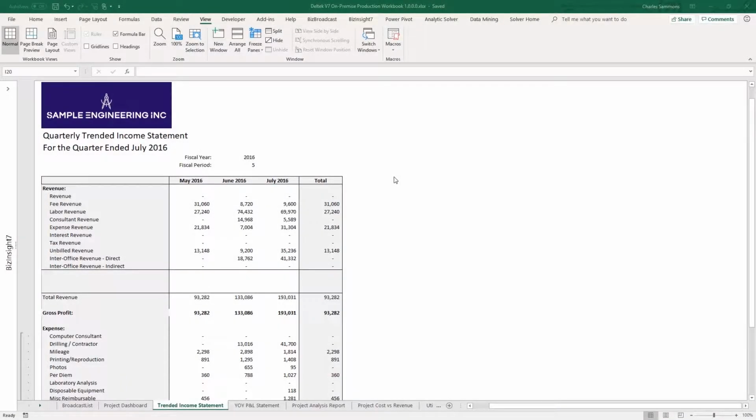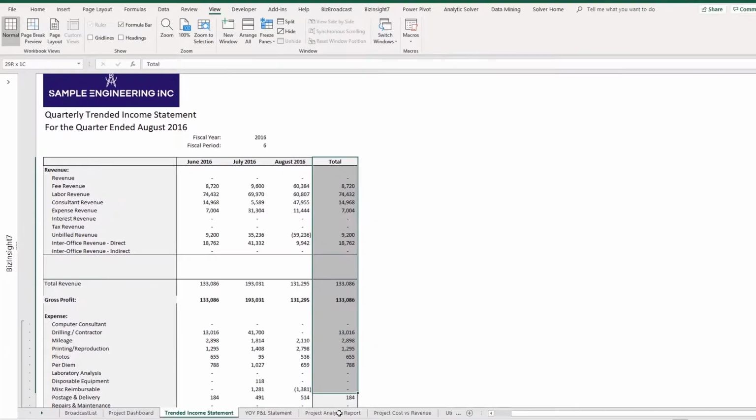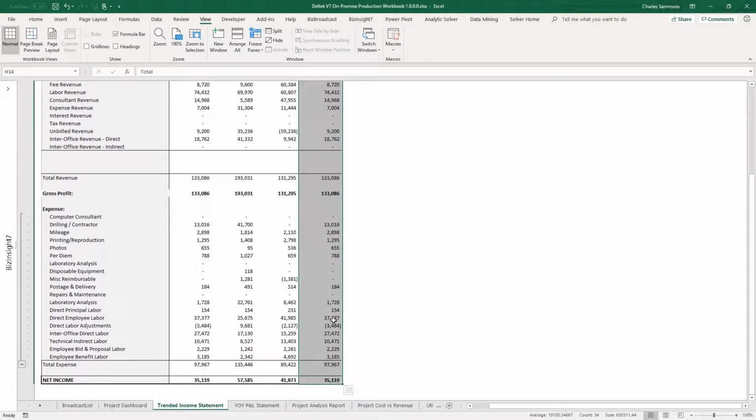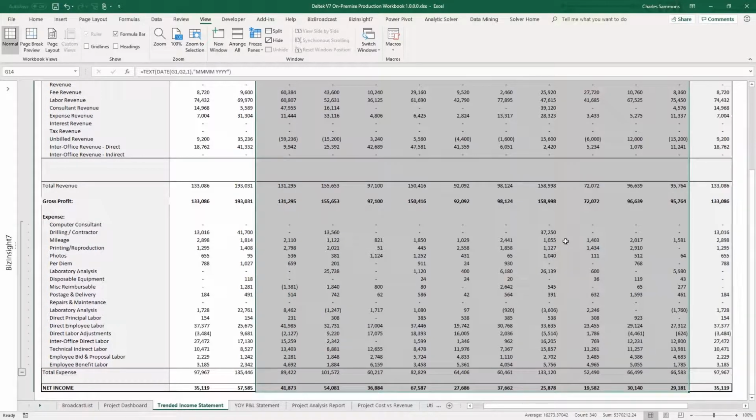With BizInsight by BizNet software, reporting and analytics for project accounting becomes a breeze. Financial reports, such as this quarterly trended income statement, can be updated with just the click of a mouse. Do you need to make this an annual report? Not a problem. Within seconds, I've gone from 3 months to 12 months with nothing more than a few clicks